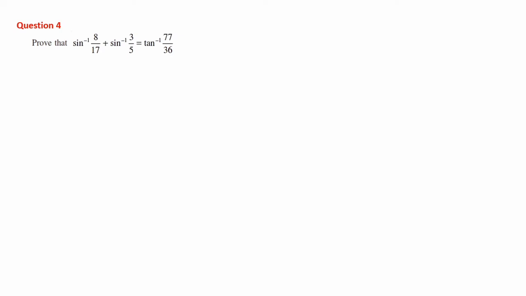Just like the previous question, this will be put as A and this will be assigned as B. So A plus B will be coming on the left side. And when we take this tan inverse to the left side, it comes as tan. So tan of A plus B will be coming. As we know the formula, tan of A plus B is equal to tan A plus tan B by 1 minus tan A tan B. By using this formula, we will prove this statement.